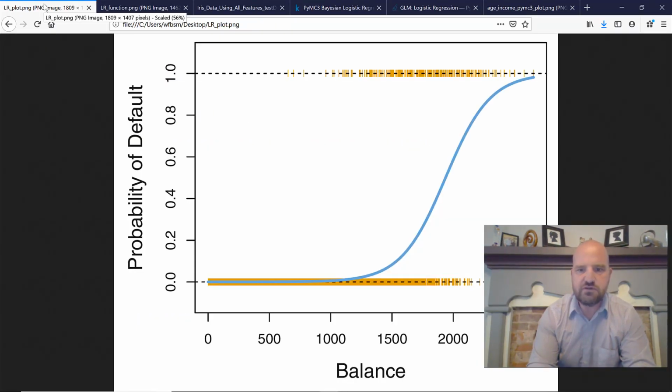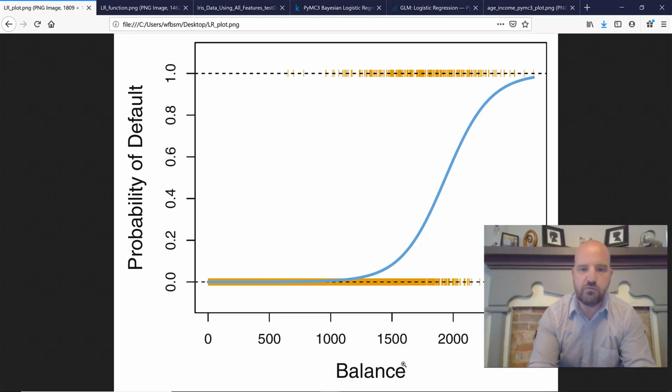Logistic regression here is a standard plot. It reminds us what we're doing. We have some set of inputs, one or more variables that we're going to use as our regressor variables. In this case, we have a balance, and we're going to predict whether somebody's going to default or not. So we plot the non-defaults as 0 and default as 1. And our logistic regression allows us to estimate this probability curve, which is the probability of defaulting based on the